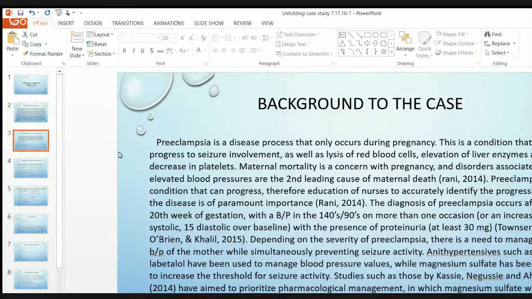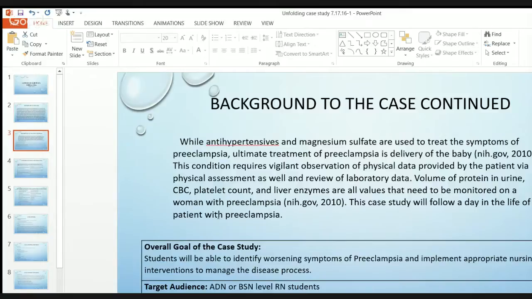So again, while antihypertensives and magnesium sulfate are used to treat the symptoms of preeclampsia, the ultimate treatment of preeclampsia is the delivery of the baby. That we typically know. So again, it's going to be that constant management of the woman's signs and symptoms, and